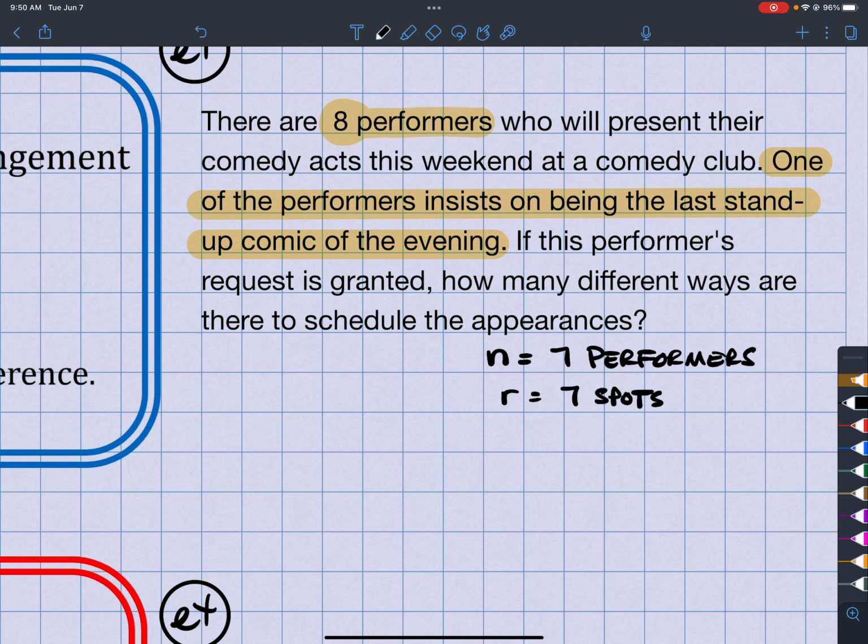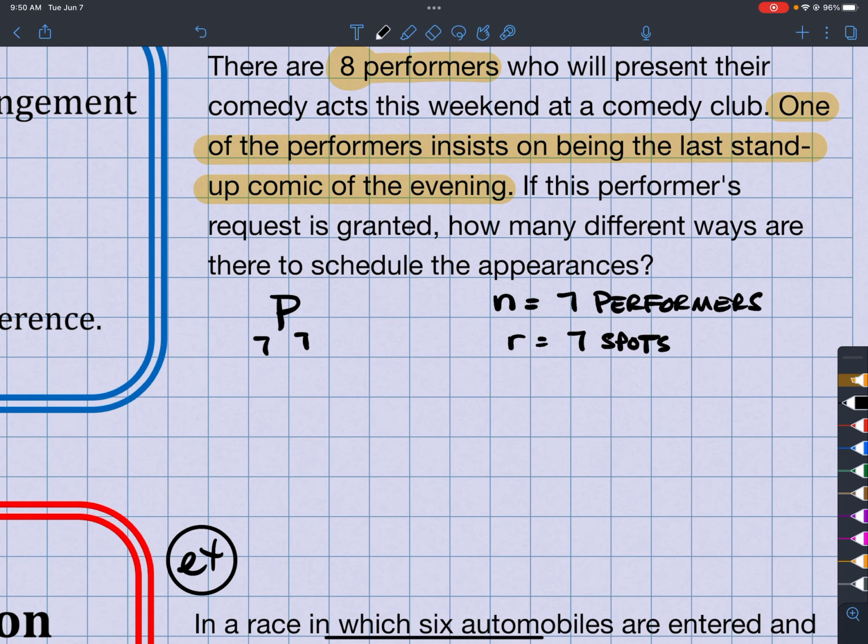So really what I have here is P, I got 7 performers and I got to pick for 7 spots, right? So if that's the case, then the formula for this is 7 factorial divided by (7 minus 7) factorial,